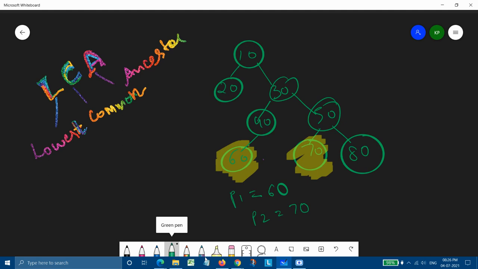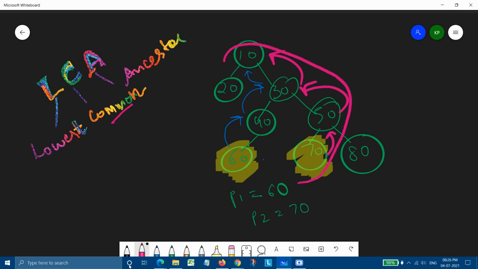So first find out the ancestors of 60. The ancestors of 60 are 40, 30, and 10. If we check the ancestors of 70, then it's 50, 30, and then 10. Now comes the common part.